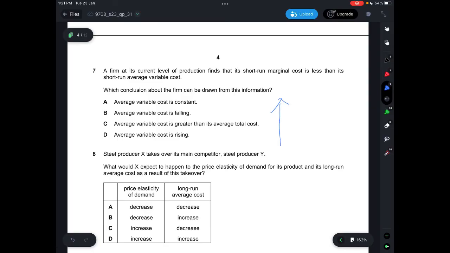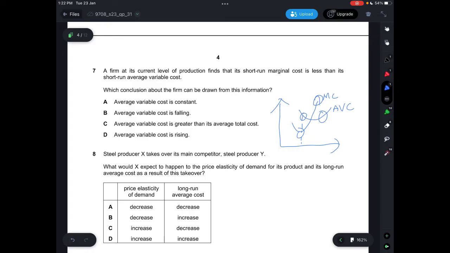if you look at this curve, this is the MC curve, and this one is your AVC curve. Okay, so its short-run marginal cost is less than its short-run average variable cost. So you'll only incur this at the point where it's dropping, right? The AVC is dropping. But if let's say your short-run marginal cost is more than your short-run average variable cost, that means that both of them are increasing. But if let's say your short-run marginal cost is less than its short-run average variable cost, both of them